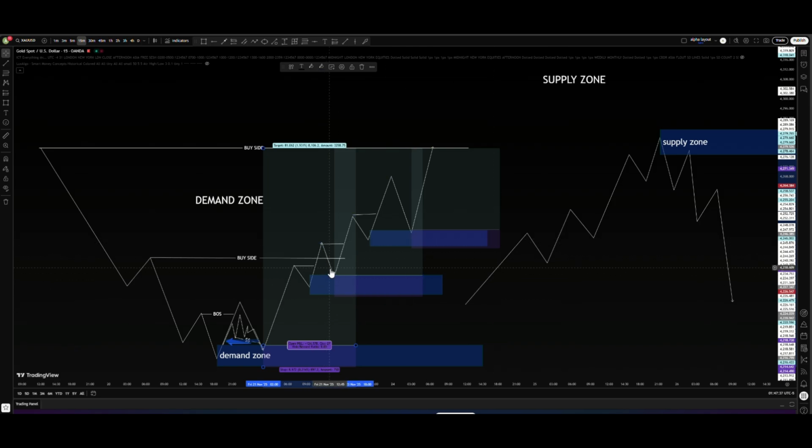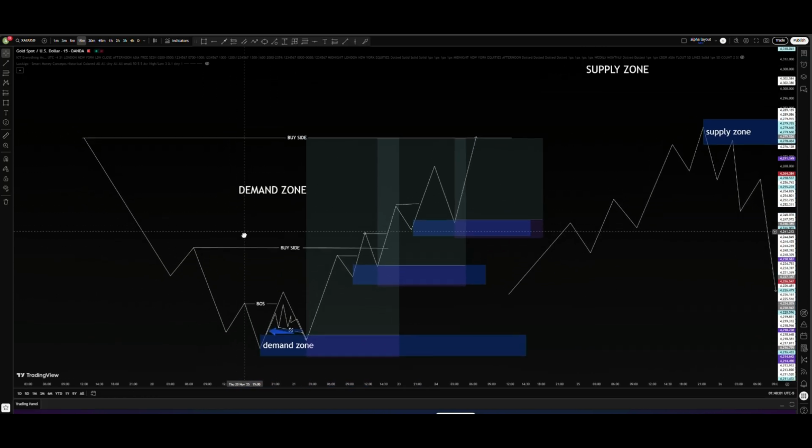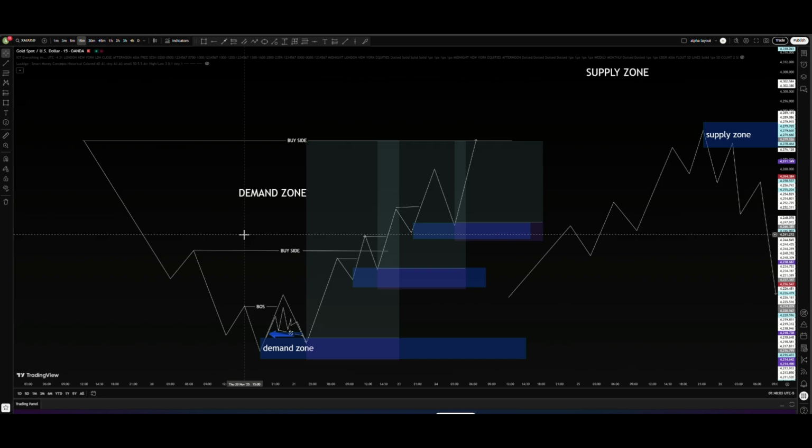The market comes, sweeps the liquidity on the lower time frame, those small pullbacks like these ones here, and we enter the trade from this position after all the conditions are met. This is where we place our trade. We risk, let's say, another $100 to get 600 if it reaches this buy side liquidity here, because